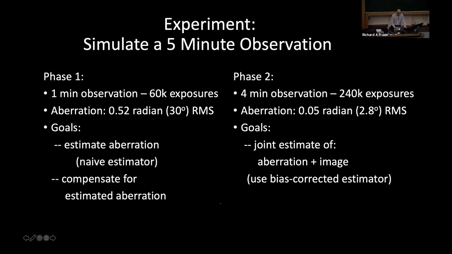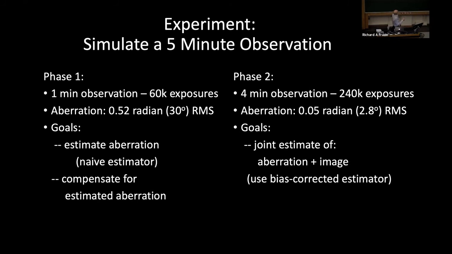And the idea is we would start with a large aberration, 30 degrees RMS, and in that 1 minute, which gives us 50K exposures, can we calculate a correction to that aberration that is useful? So, in your first minute, you get rid of the big aberrations, and then in phase 2, in which we simulate a 4-minute observation, the leftover aberration after the first phase was much